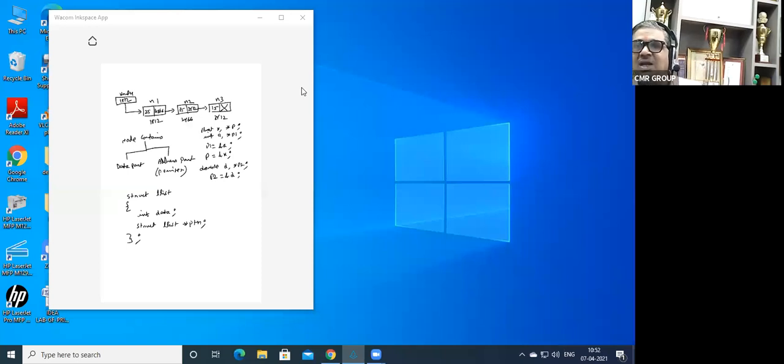Now you have defined a node, where the data type is struct L list, which contains two parts. One is the data part, which is an integer. The other is a pointer address part, which is pointing towards the same structure. This is called a self-referential structure. Self-referential structure, right? Did you get it or not?